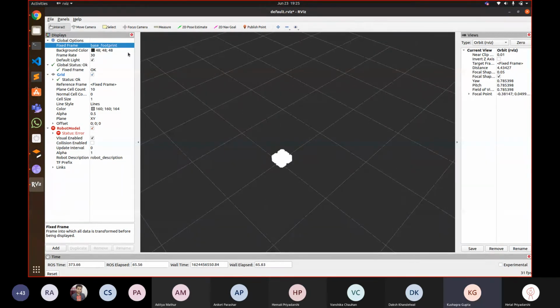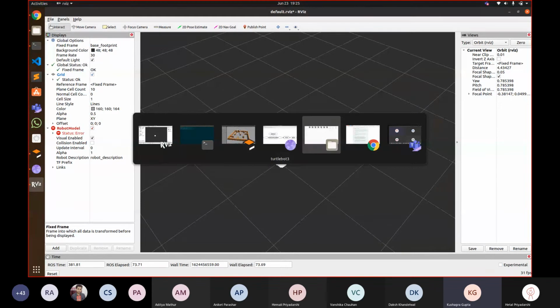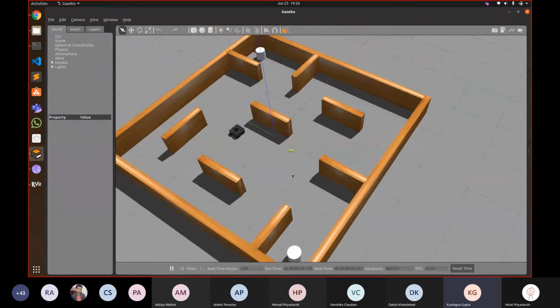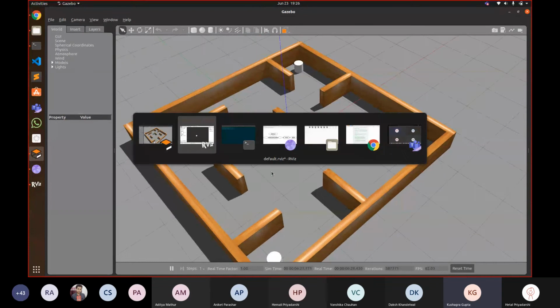Base link. It won't show up on this one, because this is your own custom package, right? Anyway, that we'll show you next time. It's very easy what you have to do.